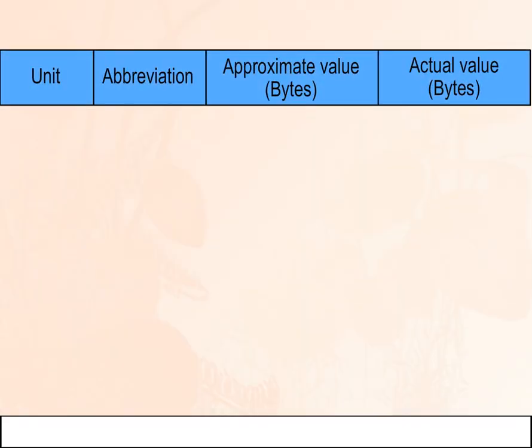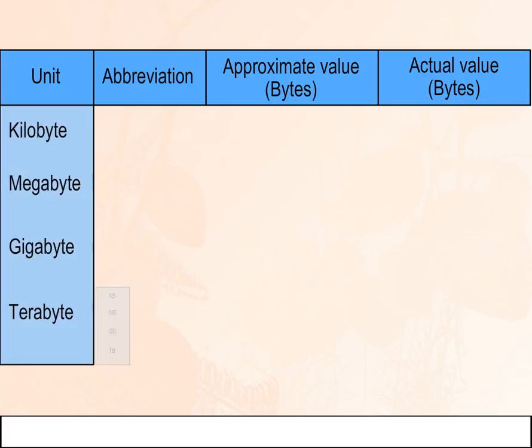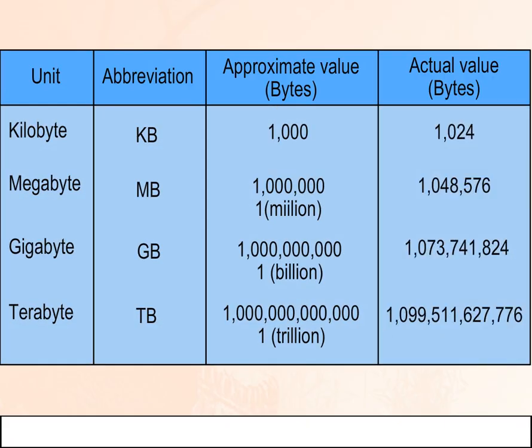Unit, abbreviation, approximate value in bytes, actual value in bytes. Unit, kilobyte, abbreviation KB, approximate value 1000 bytes, actual value 1024 bytes. Unit, megabyte, abbreviation MB, approximate value 1 million bytes, actual value 10,48,576 bytes. Unit, gigabyte, abbreviation GB, approximate value 1 billion bytes, actual value